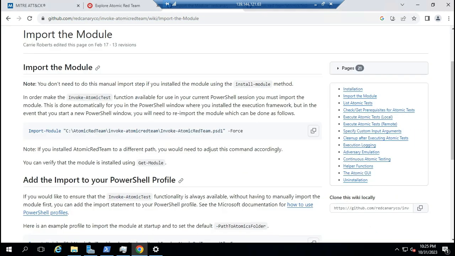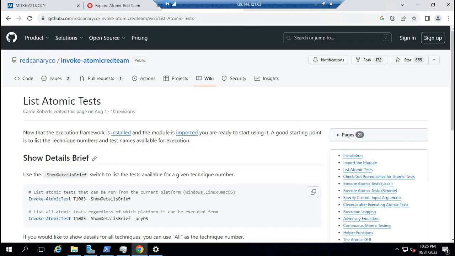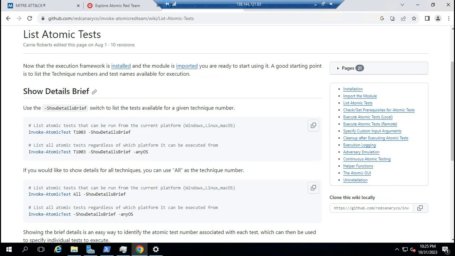Okay, it's done. And then we are going to list atomic tests. So the techniques are so many, right?